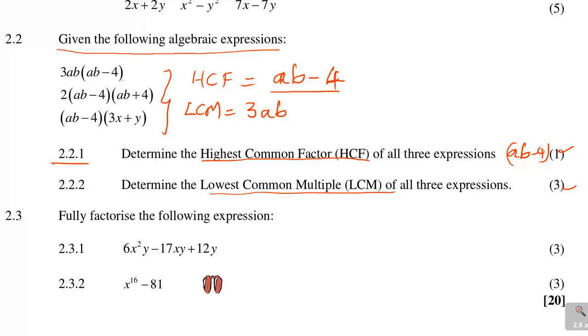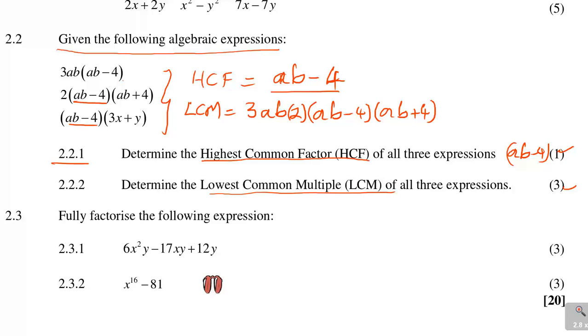So I can actually put it in a bracket like that. We have 2, and then we've got AB minus 4. You're just writing everything. We have AB plus 4. Now I cannot write AB minus 4 more than once